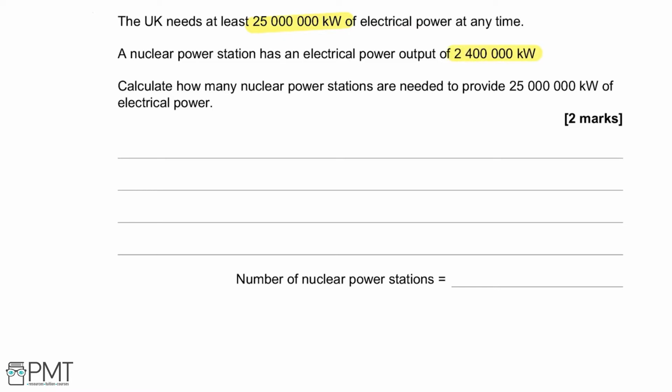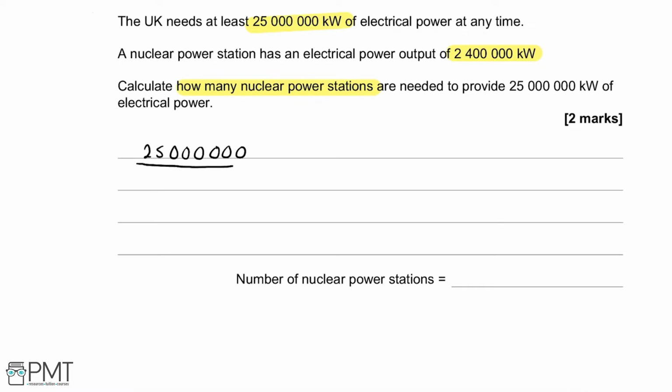If 25 million kilowatts are needed at any time, and each nuclear power station has an output of 2,400,000 kilowatts, the way we'll find out how many power stations are needed is we're going to divide how much power we need, so 25 million,